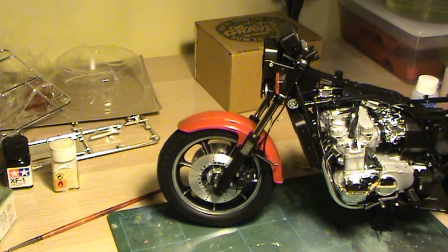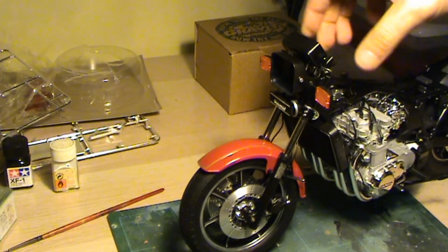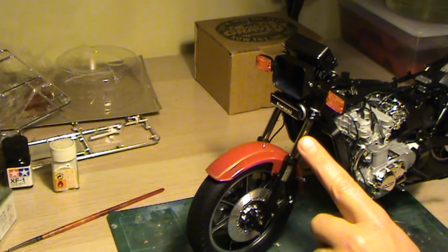Here we are again, and the front suspension is in place, and as you can see, it's pretty decent. The assembly itself was a little bit more complex than the rear suspension, mainly because of these metal struts here